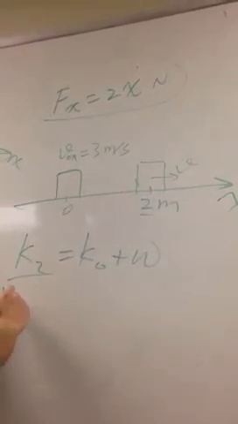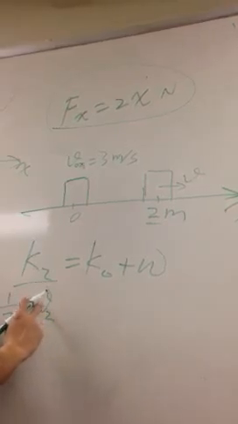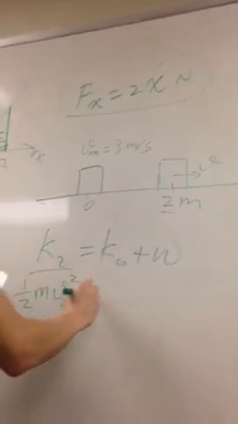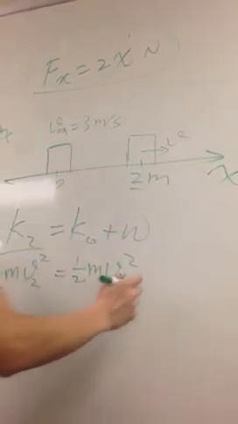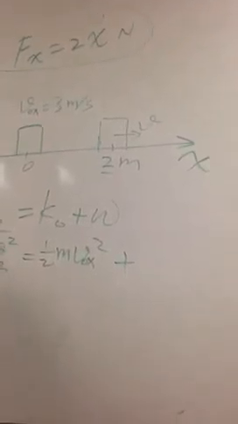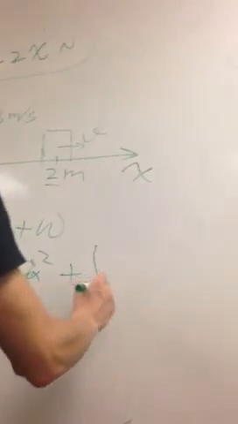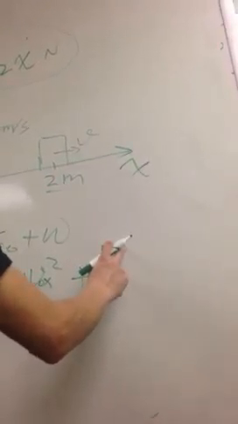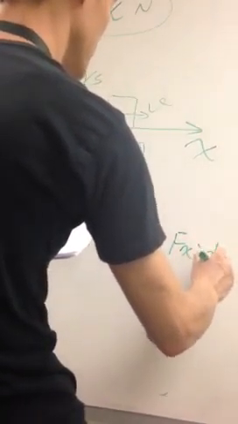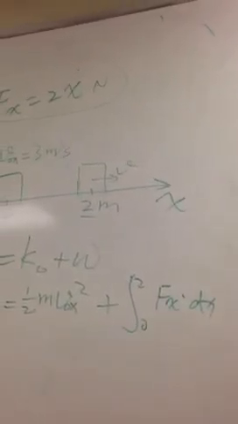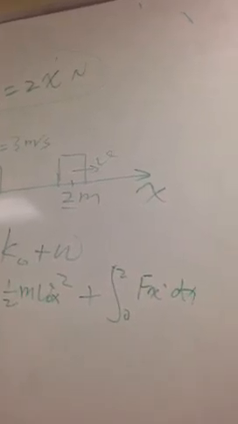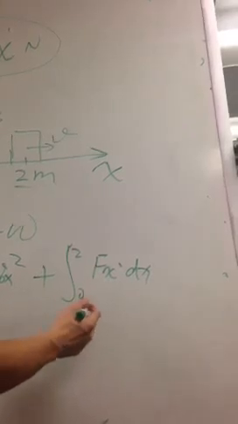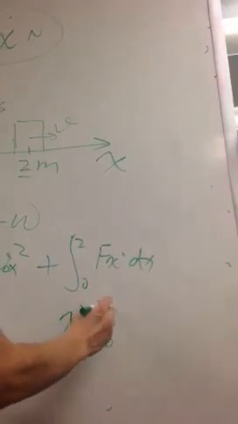This one will be 1/2 m times the velocity at the end squared. This one is 1/2 m times the velocity at the beginning squared. And the work is the integral from 0 to 2 of Fx dx, because you need the area here. Couldn't we just take the integral of 2x, so it'd be 2x squared over 2? So it'd be x squared? Yeah, x squared. So when you calculate, here is x squared, from 0 to 2. So you just need